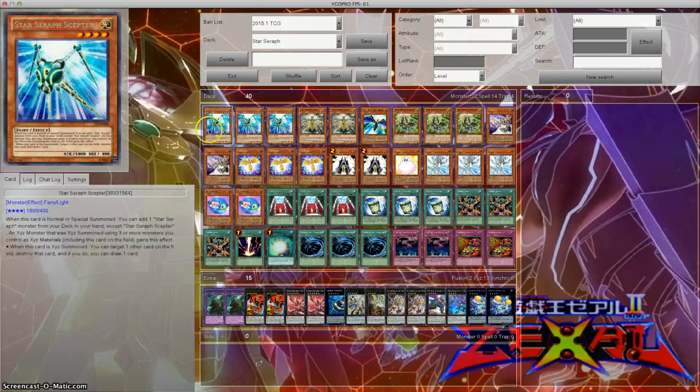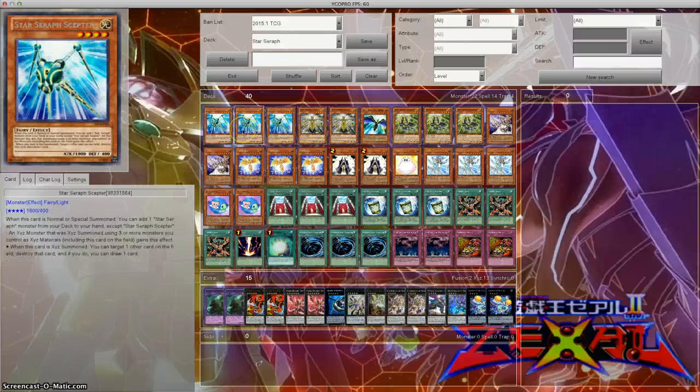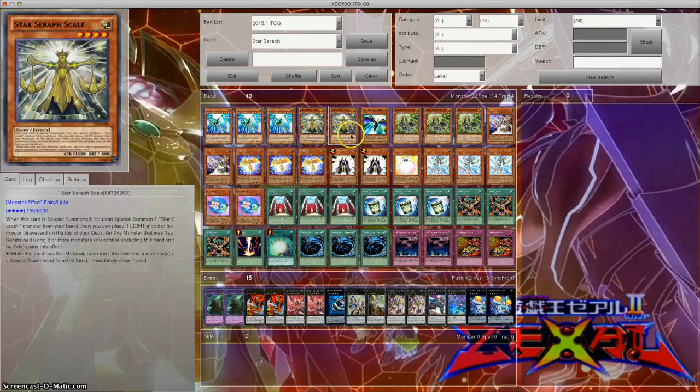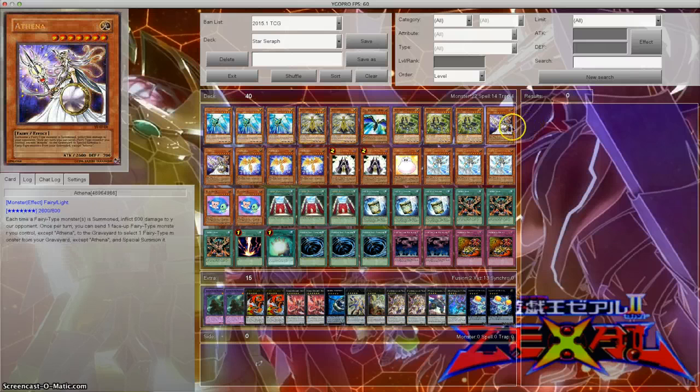Deck profile, and today we got something strange. Seraphs. They've been wrecking the dueling field ever since they've been released in the TCG. They've just been amazing, cranking out rank 4s like no one's business, and I have a very strange version of them today. Today I'm showing you Seraph